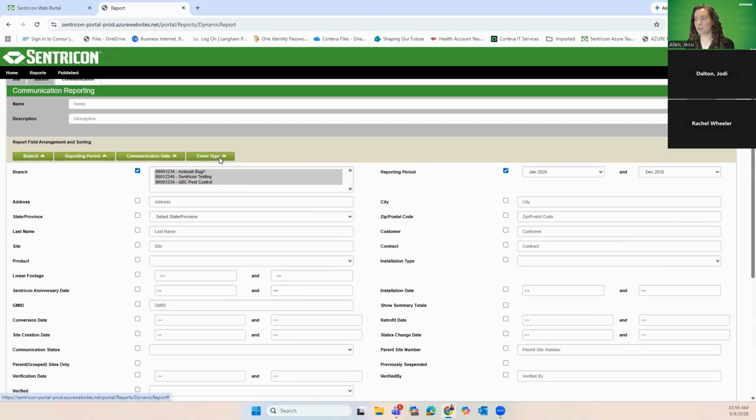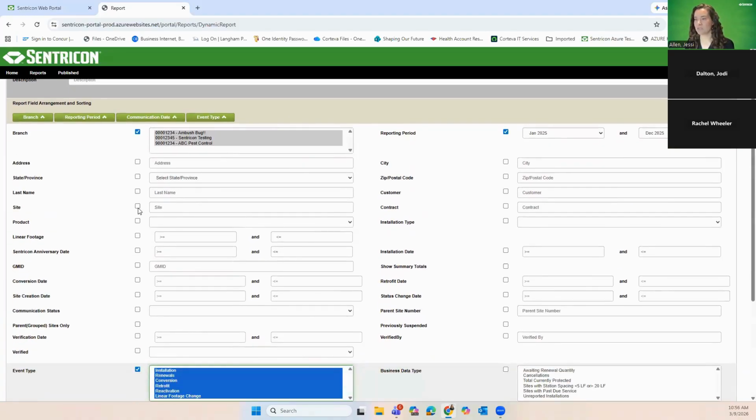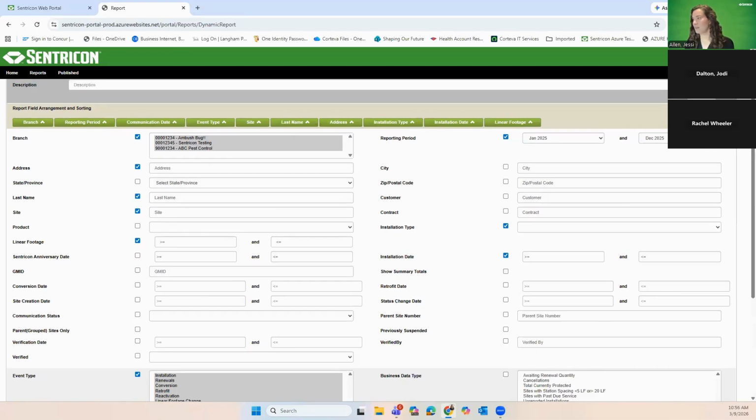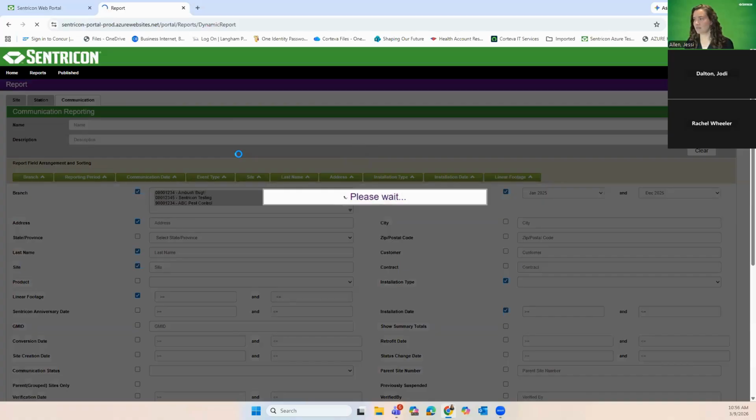So I want to see what type of event it was, and I want to see the site number, last name, and address. And maybe I also want to see the invoice information. So the install type and the install date and the linear feet. So if I run this,